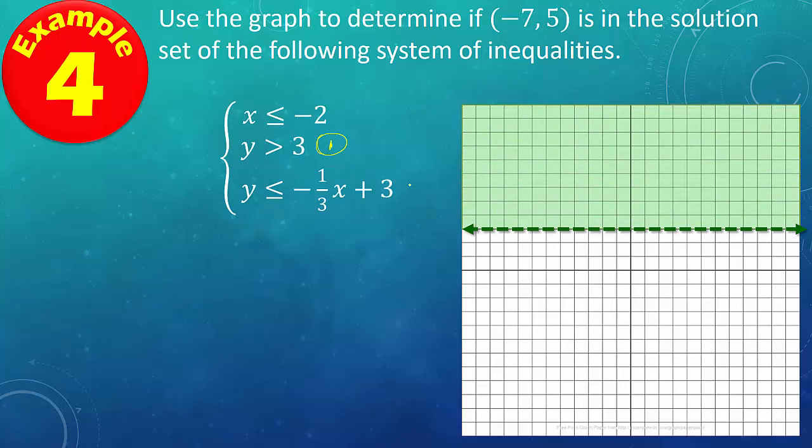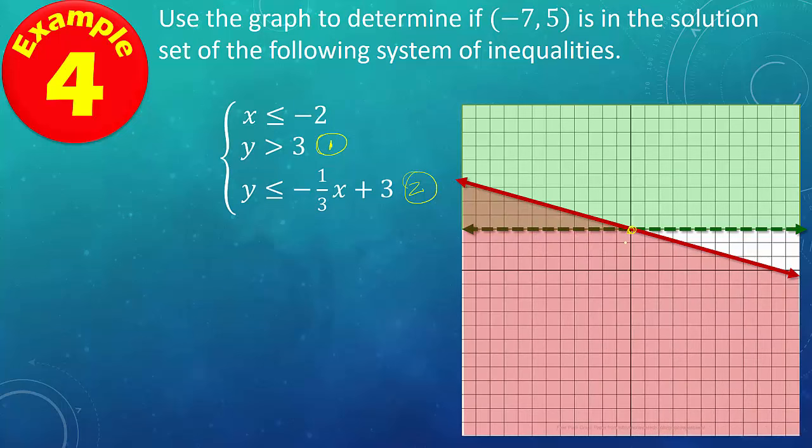Next, I will do this one. That's a solid line, and it's y is less than. So we put this line, started at 3, went down 1, right 3, and that one's shaded below. And then finally,